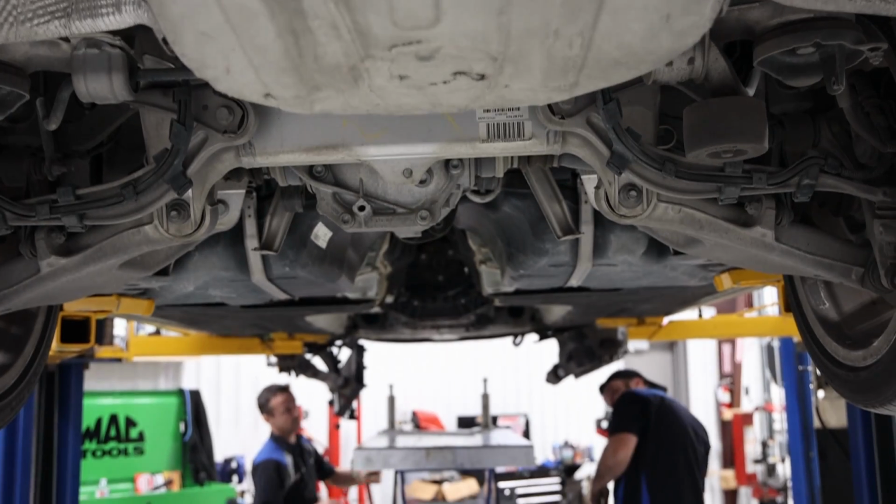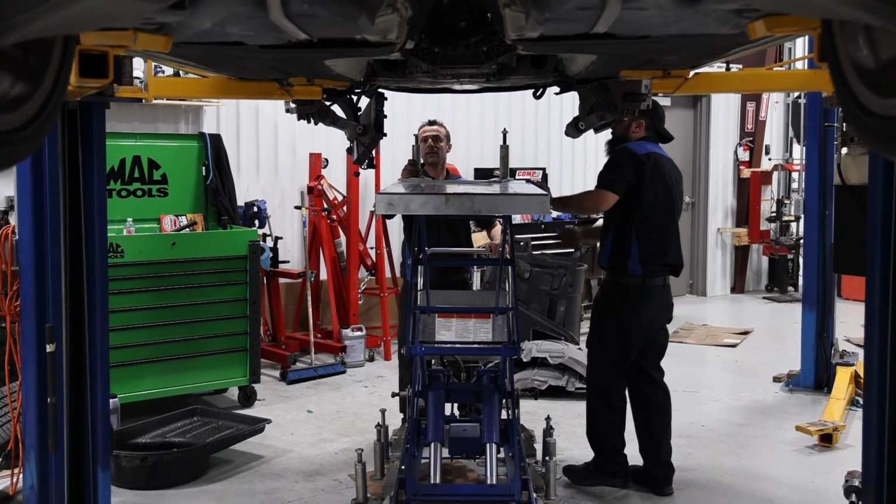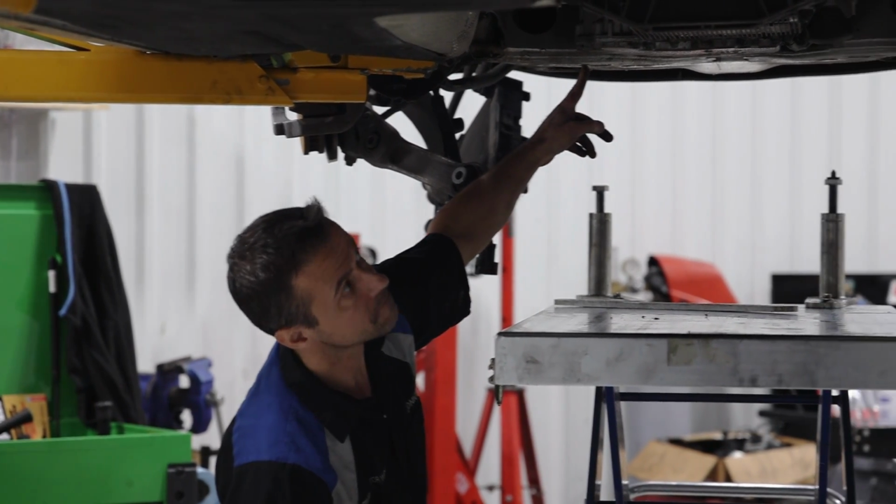Look, we already passed the train. Oh yeah. How'd it go? The small one right